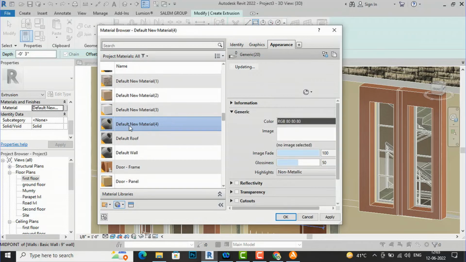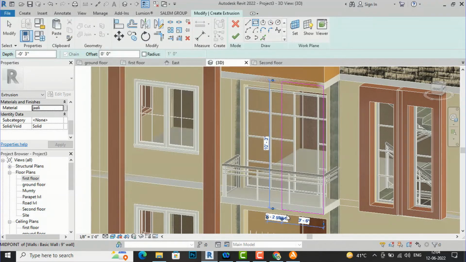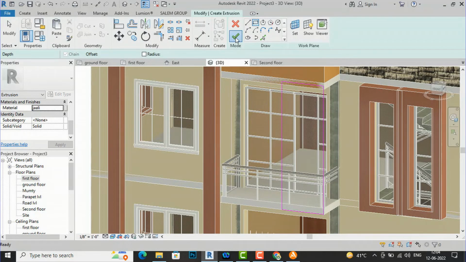I will create a new material and I will rename this as a jali here. I'll apply OK, and then I will finish this,